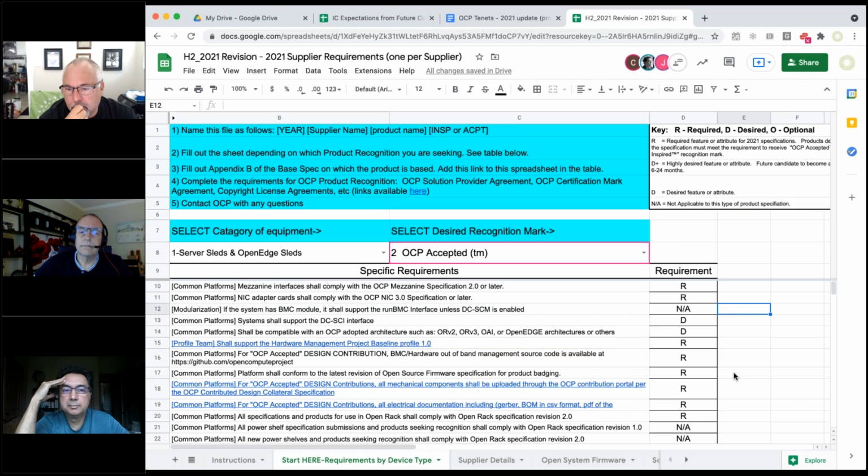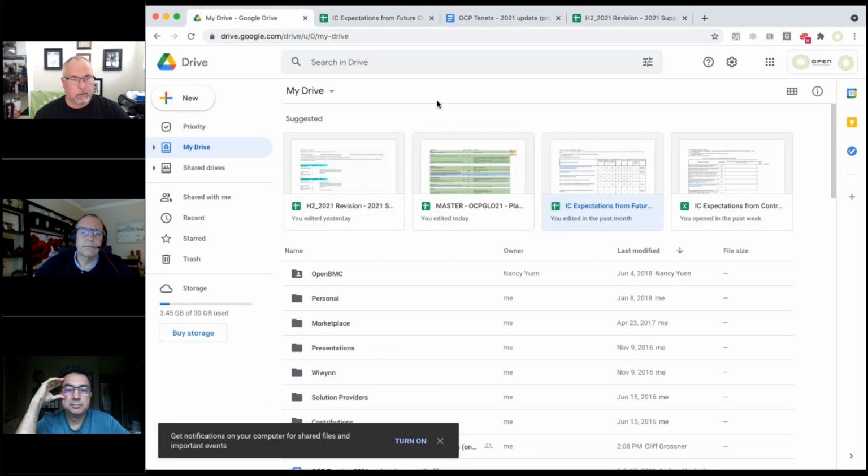Okay, so Bill, there is now a gap, exactly as CMAC is pointing out: in the current spec template, there is no desired, highly desired, or required anywhere. So we may need to modify the spec template as well, because this matrix that you have here for desired, highly desired, and required is not currently in the template.